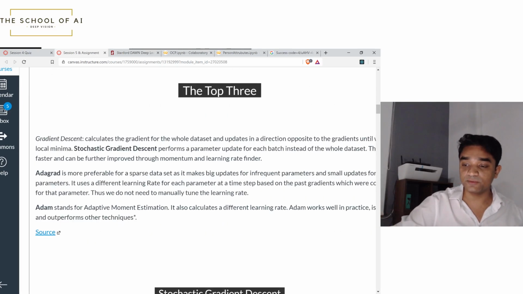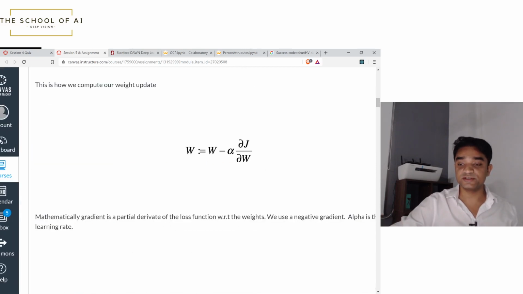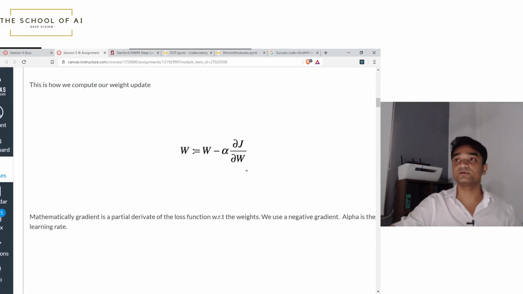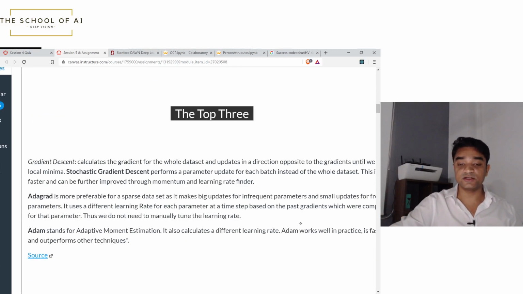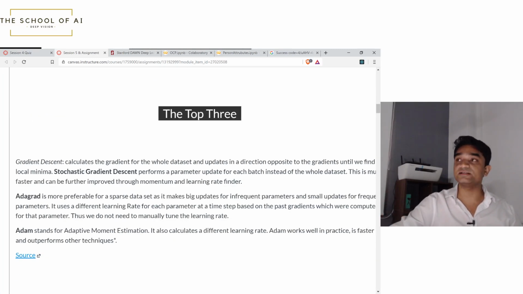Okay, now there are top 3 optimizers. This equation you're seeing right now is the gradient descent equation. Right? There are multiple optimizers which exist out there, and these are the top 3 which you're going to hear about. One is called gradient descent, then we have AdaGrad, we have Adam, we have AdaBoost, we have AdaDelta, we have Eve, we have RMS prop, and many more. Right? The one we are going to focus on is called